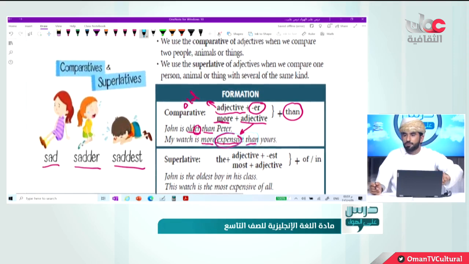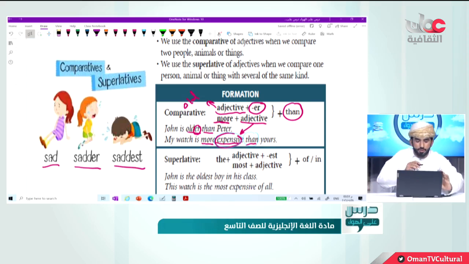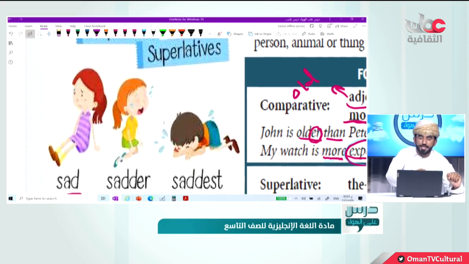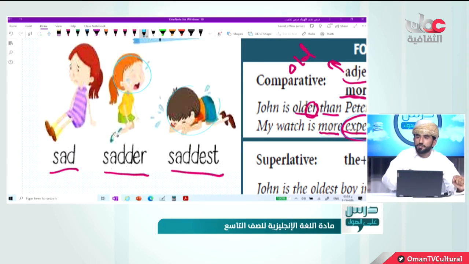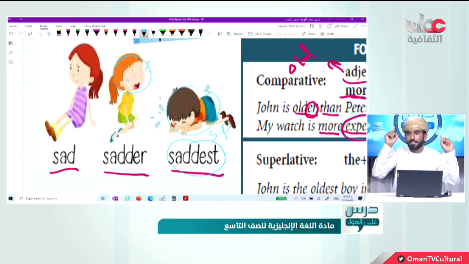Right. Look at this, for example. Sad, sadder. Yes, look at this girl. I'm going to zoom in a little bit. She is sad, but this little girl, she's what? She's sadder, right? Sadder than this little girl. She's sad. This one, sadder. This one is what? Have a look. This boy is crawling on the ground, and he's very sad. He's crying too much. He's the saddest. Okay? Saddest is not comparative. It's what? Superlative. Exactly. Thank you.